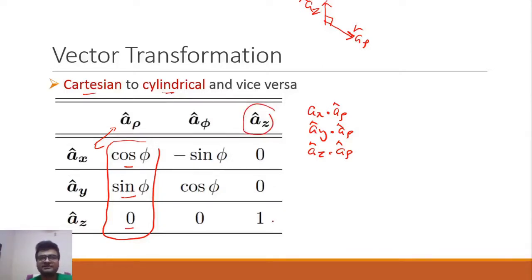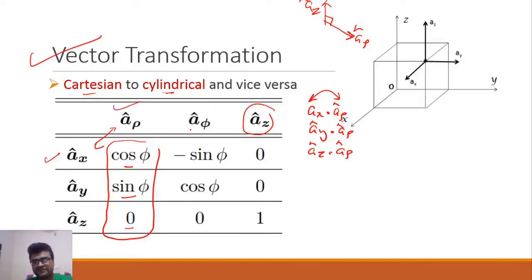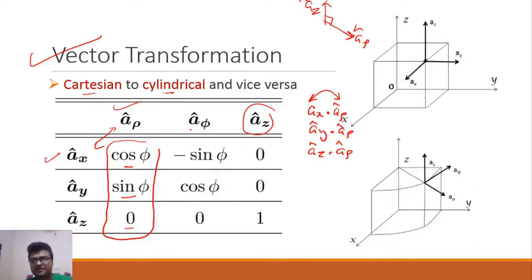Because we know that dot multiplication is commutative, you need not remember another table if you multiply them vice versa. That means if you multiply A rho with Ax, keeping A rho first and Ax second, you need not remember a different formula. So this is just for reference. I was trying to tell you that Az here and Az here are similar, they are parallel to each other. That is why whenever you multiply Az with Az, you will get a 1, because if you dot multiply two parallel vectors, you will always get a 1, unity.